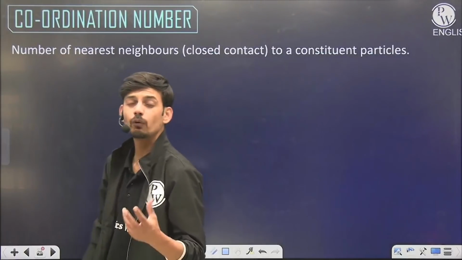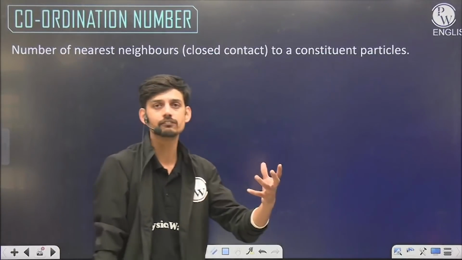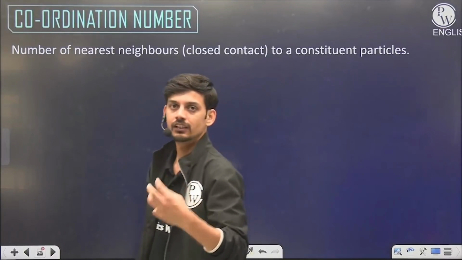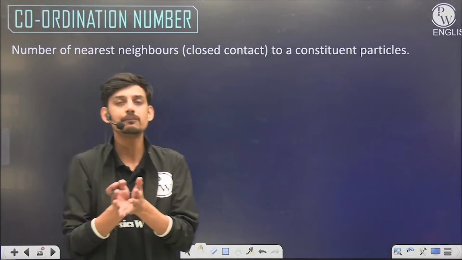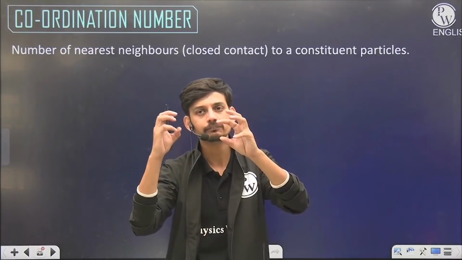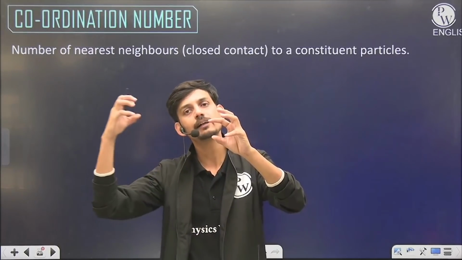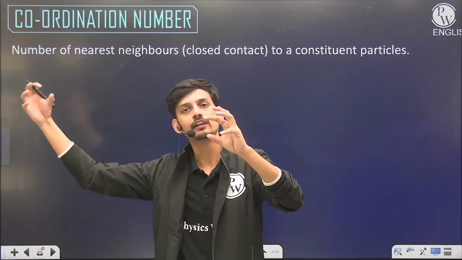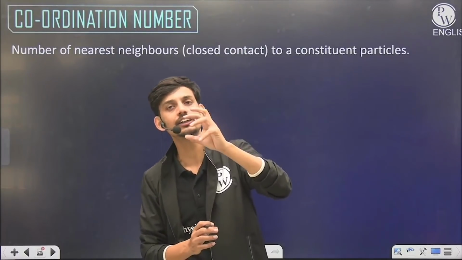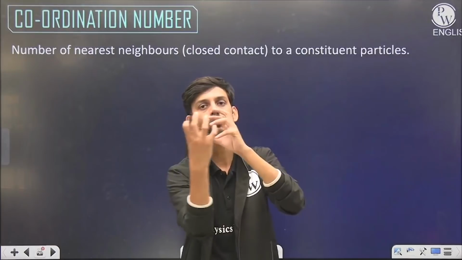What do you mean by coordination? It means we have to connect with someone, coordinate with someone, like we use in daily life. Coordination number is the same thing. If an atom is present here, it will have some atoms as nearest neighbors, some atoms far away, some atoms further far away. So the most important coordination or interaction or attraction of this atom will be in the close vicinity.